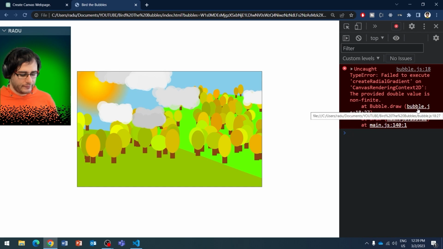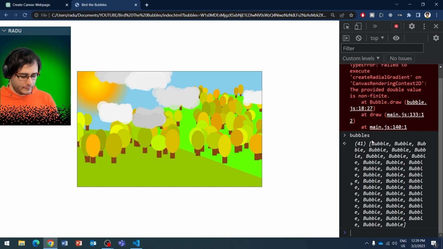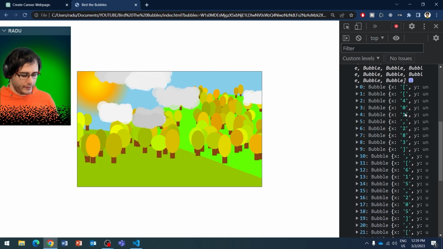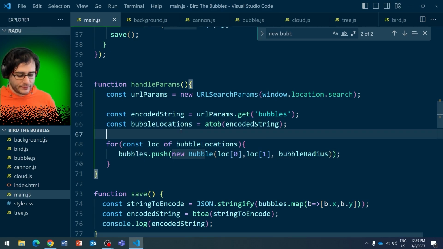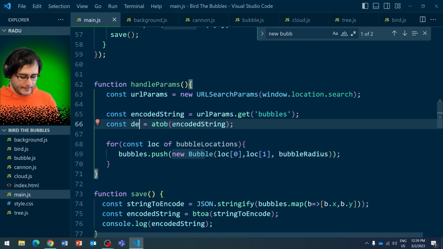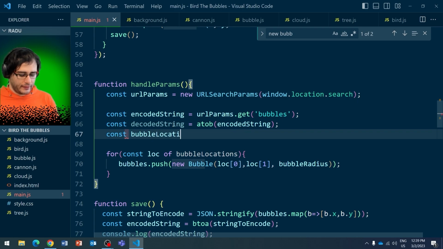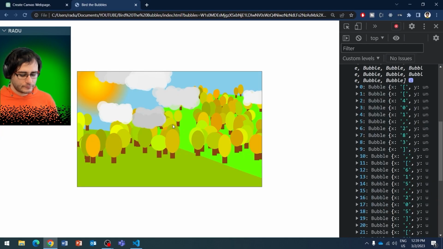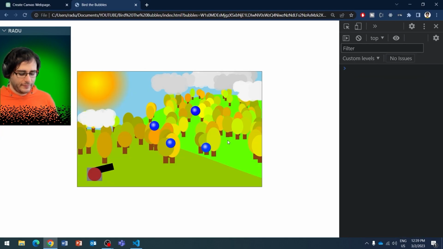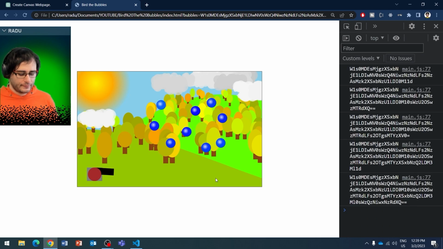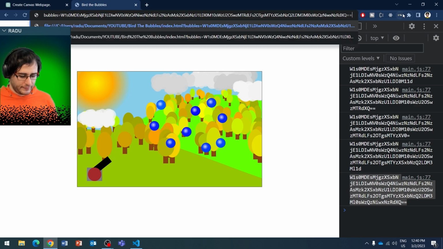Failed to execute something. Oh my. This is just a string, so decoded string and bubble locations JSON parse decoded string. Now the bubbles are there. And this is the new string. If I'm gonna paste it here,